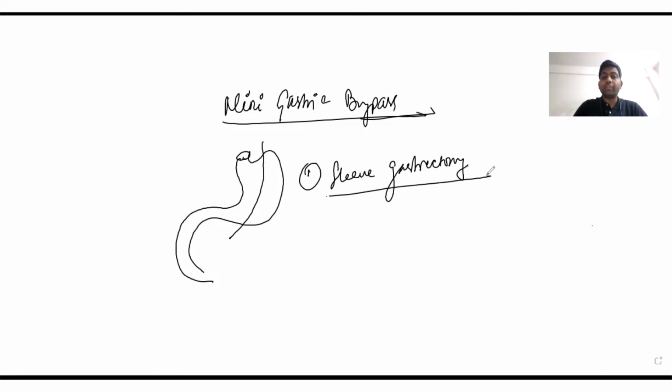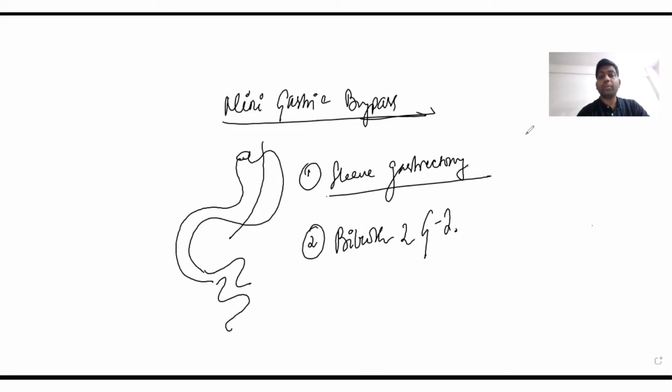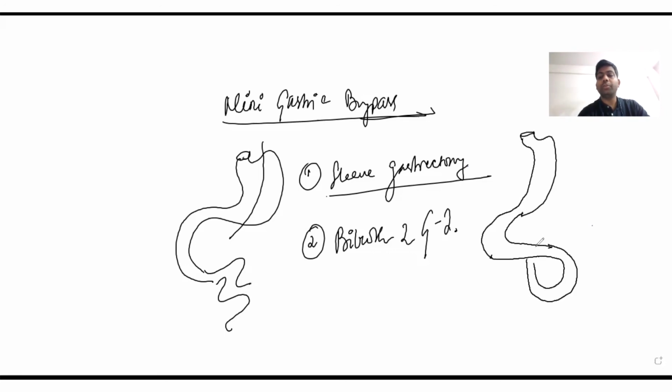Instead of a Roux-en-Y gastric bypass, which is based on multiple anastomoses, a mini gastric bypass is based on a single anastomosis, and that anastomosis is a Billroth 2 gastrojejunostomy. What is done next is, this is the sleeve of the stomach, this is the duodenum. We bring a loop of jejunum and we create an anastomosis of the jejunum with this part of the stomach. So there is a single anastomosis, that is a Billroth 2 gastrojejunostomy.